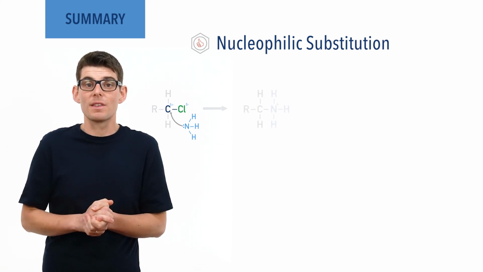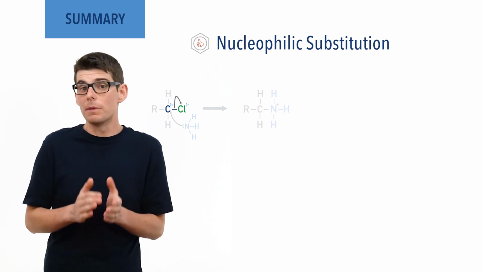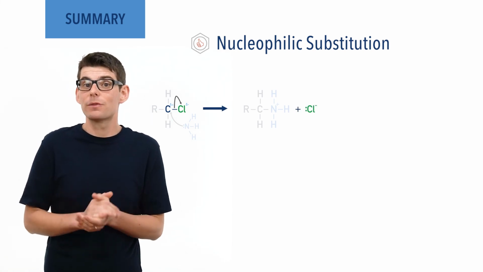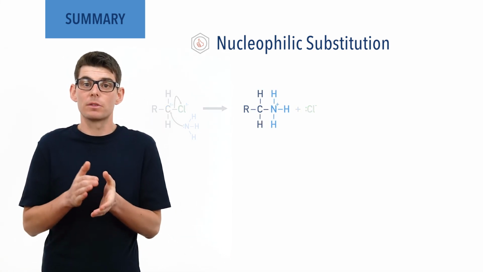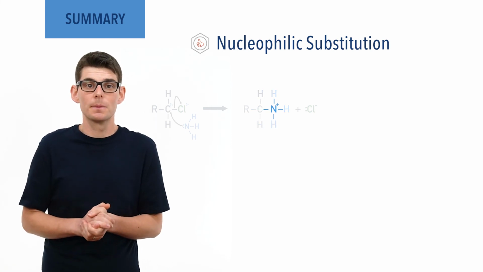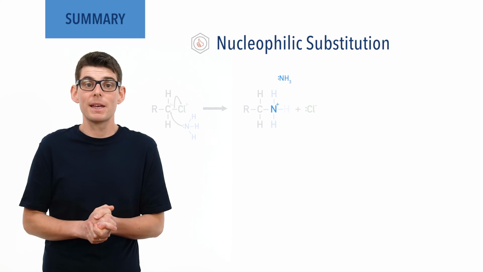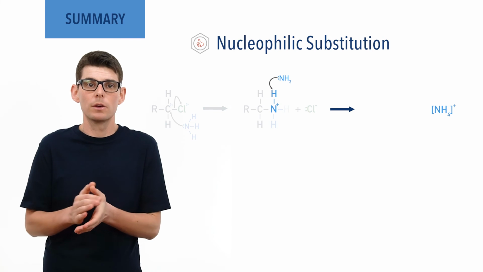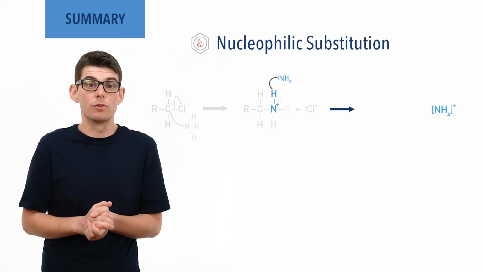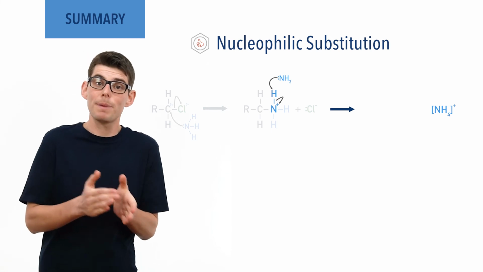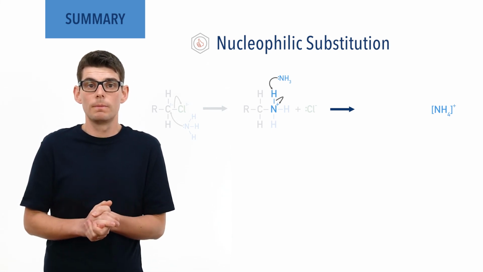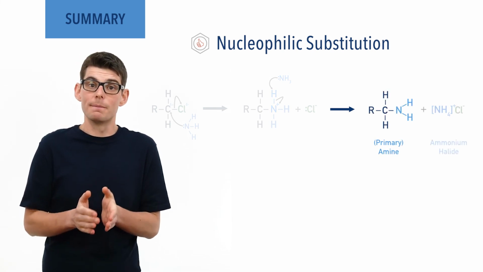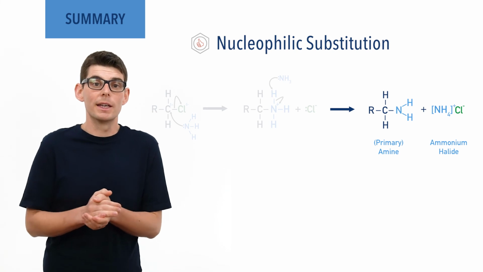As the nitrogen forms this bond, the carbon-halogen bond breaks, with the bonding electrons going to the halogen, forming a halide ion. An intermediate is formed, with the nitrogen atom ending up with a positive charge as it has one too many bonds. Another ammonia molecule acts as a base and removes a H+ ion from the nitrogen and becomes a positively charged ammonium ion. When the nitrogen-hydrogen bond breaks, the bonding pair of electrons goes back to the nitrogen, making it neutral. This produces an amine product. An ammonium salt is also formed between the ammonium ion and halide ion released earlier in the reaction.